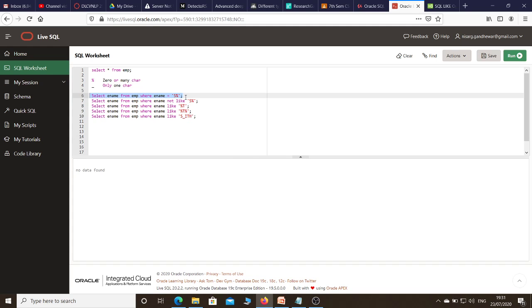That means this particular thing is not allowed. Okay, you cannot write such a kind of query. Whenever you get such a query where you need to specify the pattern, you have to use the like clause and not like clause. Instead of using percent, suppose I just wrote S, what output will I get over here? No, it will not work. Okay, so that is the use of like operator and not like operator.